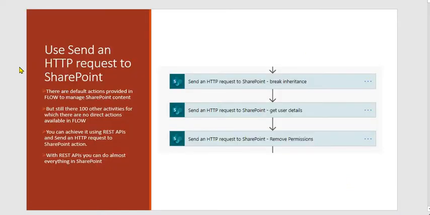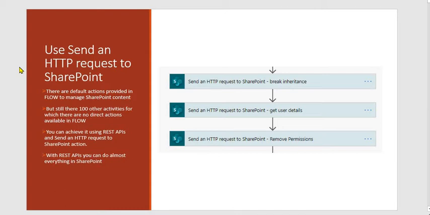So in the Power Automate, there are some default actions provided under SharePoint connector, but there is no specific action or direct action you can say to manage the list, or site, or item level permissions in SharePoint.